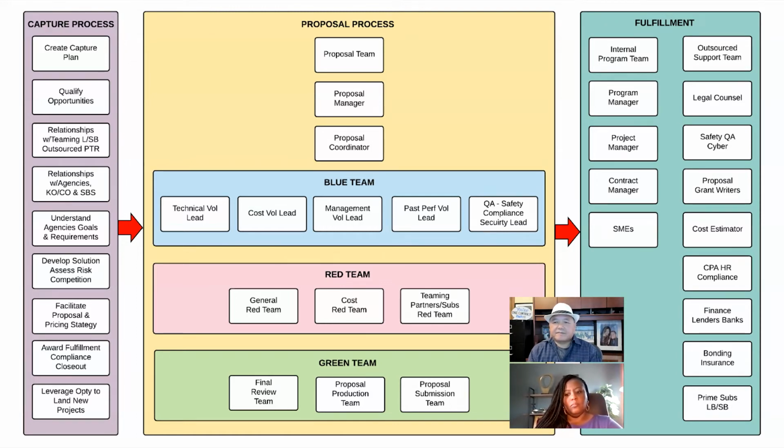And have you ever run into where you or a teaming partner you're working with, Crystal, win a project and you're like, oh, how are we gonna provide funding to get started? I haven't at this point. I have not encountered that. Hopefully I won't, but